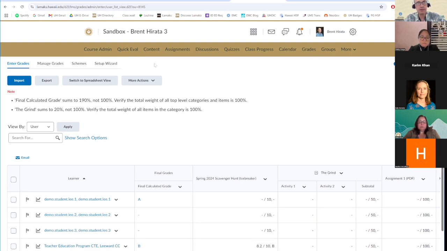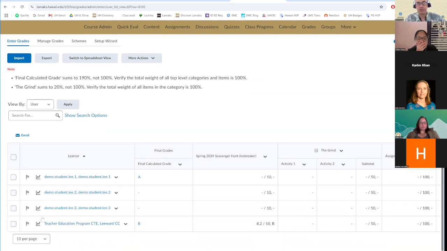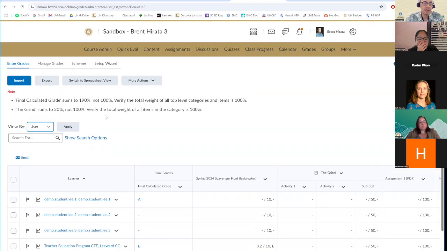So in the Lamakū Grades or gradebook, there are 4 tabs here across the top. And there's actually a 5th thing to know about, which is over here called settings. So we'll just start here on the left with enter grades. Enter grades will provide you with a list of your students. In this particular case, I have some demo students in here, and I have another guest account in here. And again, you can view them in this format